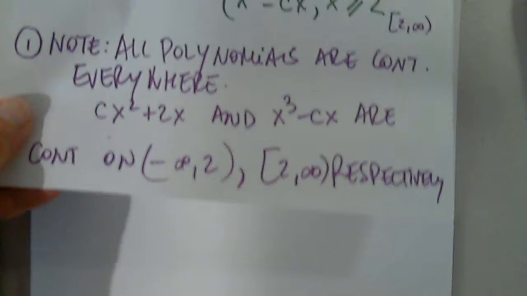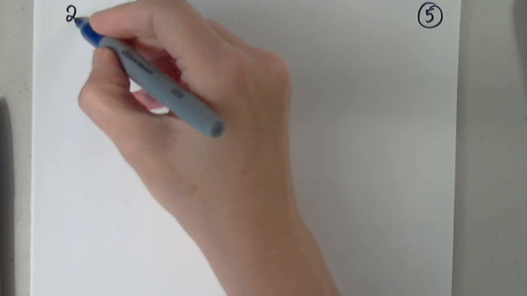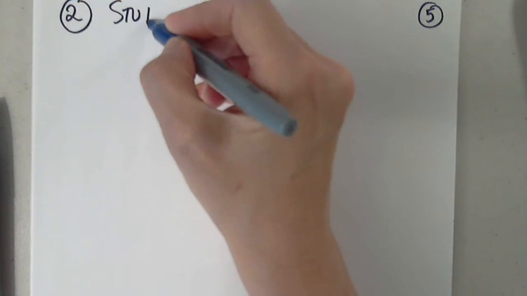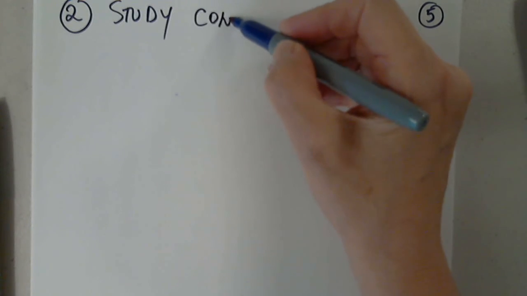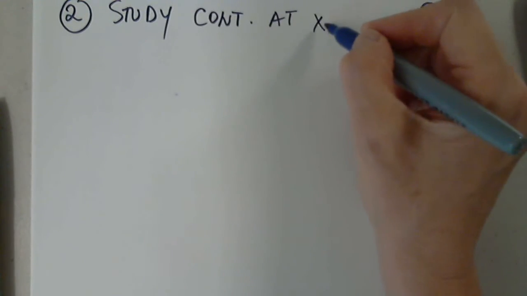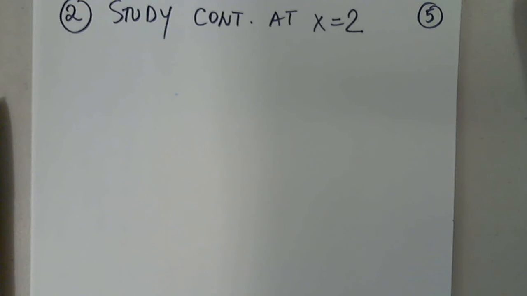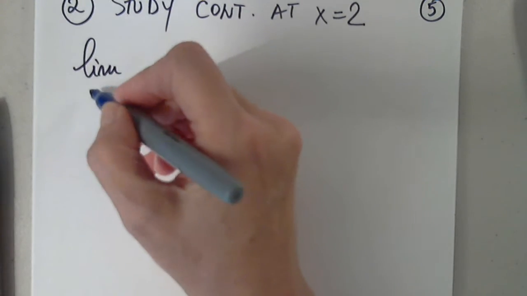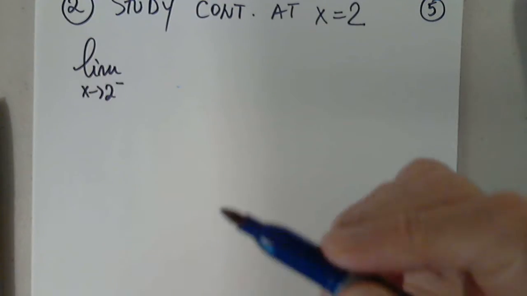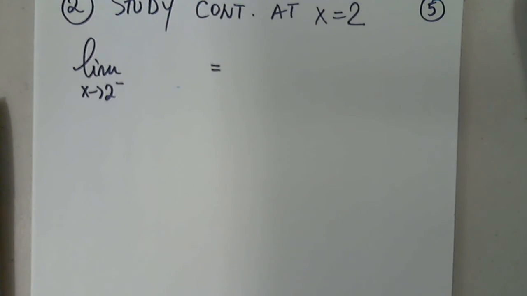What could be the problem? Or a problem? What is the problem that I could run into? If there's a jump discontinuity too. Great job. So what do I need to study? The left and right hand limits, continuity at x equals 2. And the definition is very clear. The limit as x approaches 2 from the left must equal